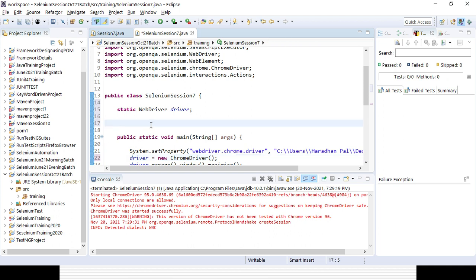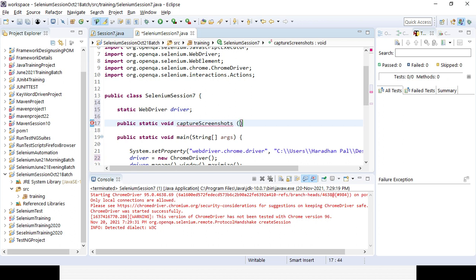Then I will be creating a method here. Let's create a method which will be static, so that I can directly call it. That is the reason whenever you are creating any method you can make it static, so there is no need of creating an object or instance. Whatever topics I have covered in Java, we will be using going forward. It is public static void, because it returns nothing. Let's give the method name as captureScreenshot.